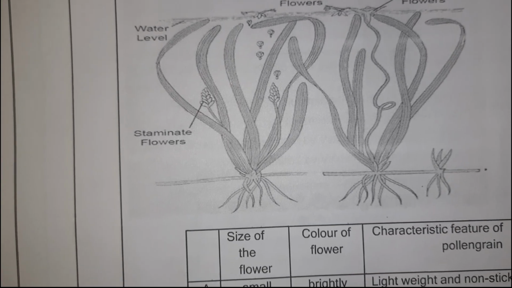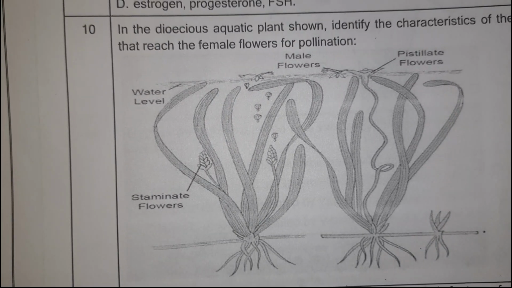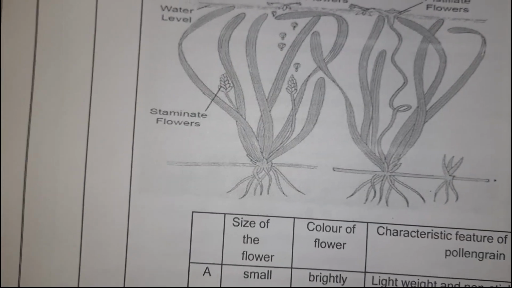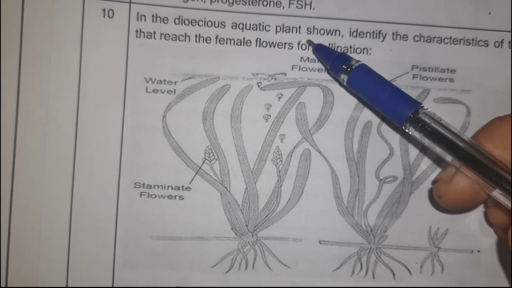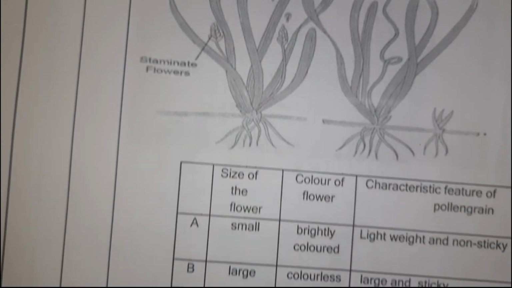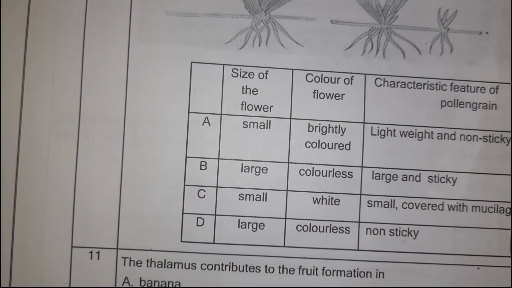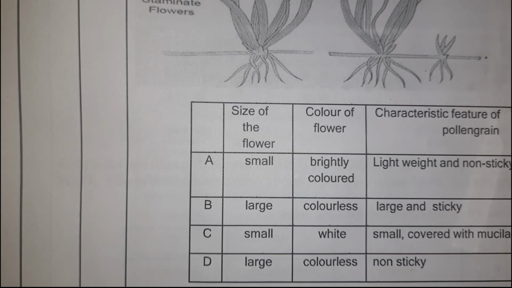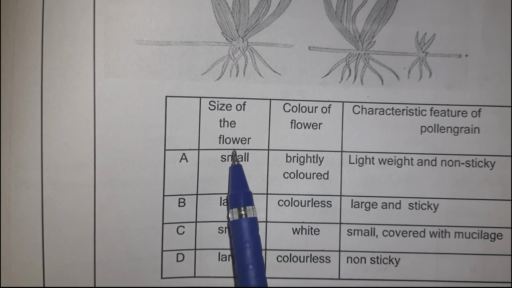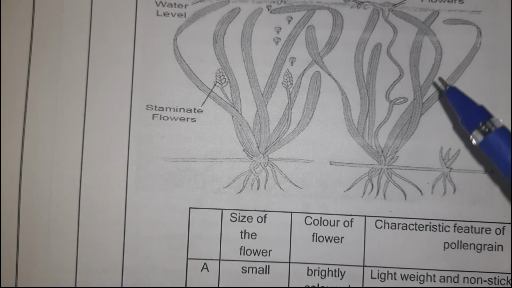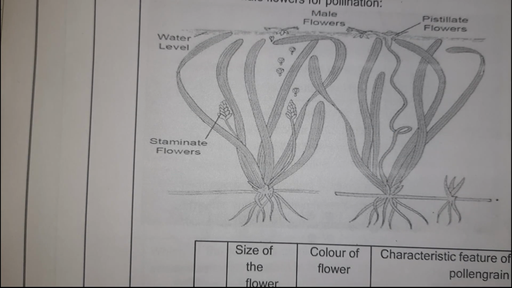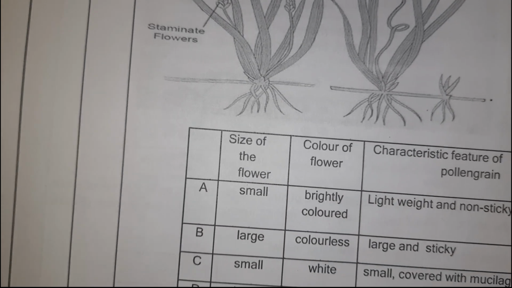Next is question number 9। Now in this particular question we are provided with the dioecious aquatic plant। Okay, we have to identify the characteristic feature of the particular thing। We have to look at the size, we have to look at the color, we have to look at the characteristic feature of the pollen grains। Okay, when we see about the size of the flower, since it's a hydrophytic plant,